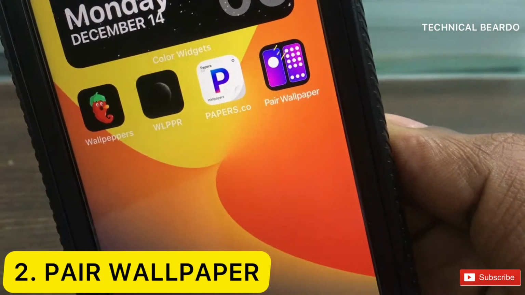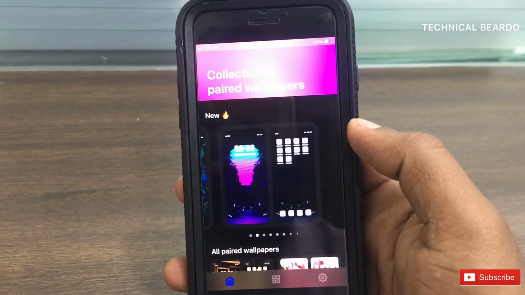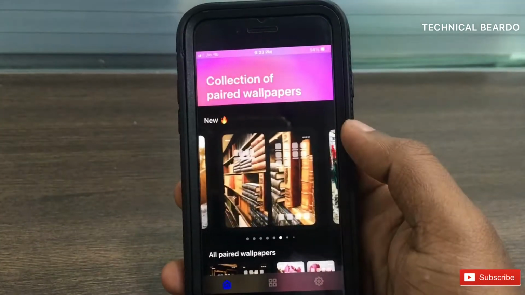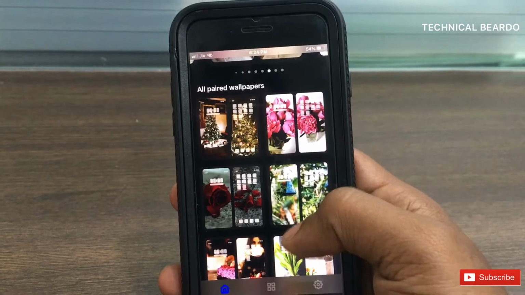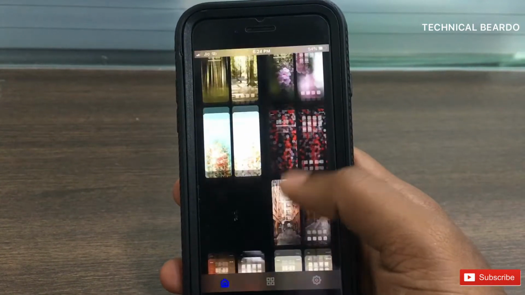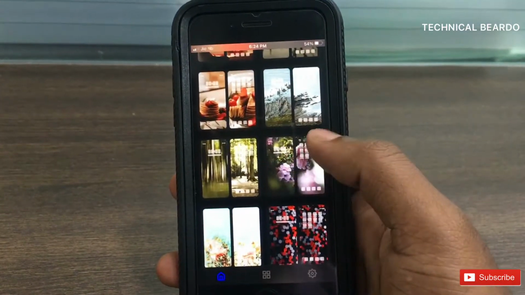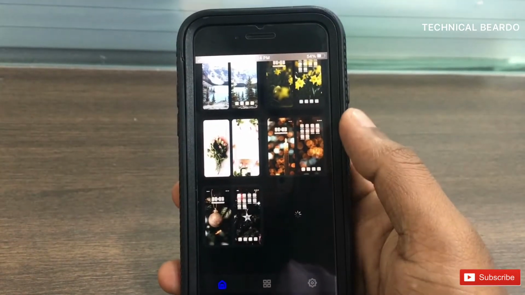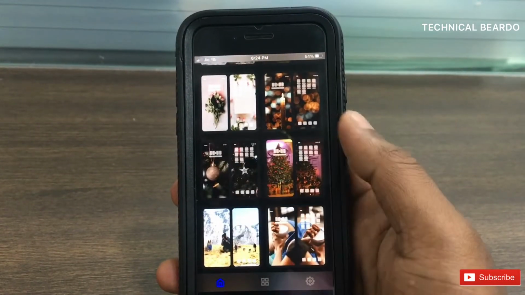Now let's see who is the second one, the rank 2 wallpaper app, that is Pear Wallpaper. This is a completely new wallpaper app in the App Store. Once you open the app, you will find something unique in design or category in the application. So it is completely Pear wallpapers available for you. Now you will ask, what is Pear Wallpaper? Basically, this app will give us wallpapers for our lock screen as well as our home screen. The same design, category or theme of wallpapers for the lock screen as well as the home screen. With a different layout, wallpapers are made available for both.